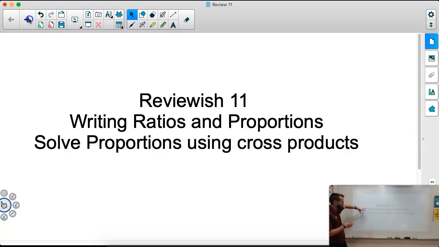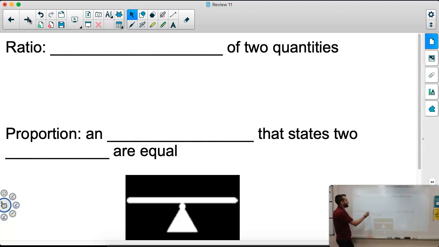We're talking about writing ratios. We'll talk about what that is, and then proportions, and then using proportions to solve. Okay, so a ratio is just a comparison